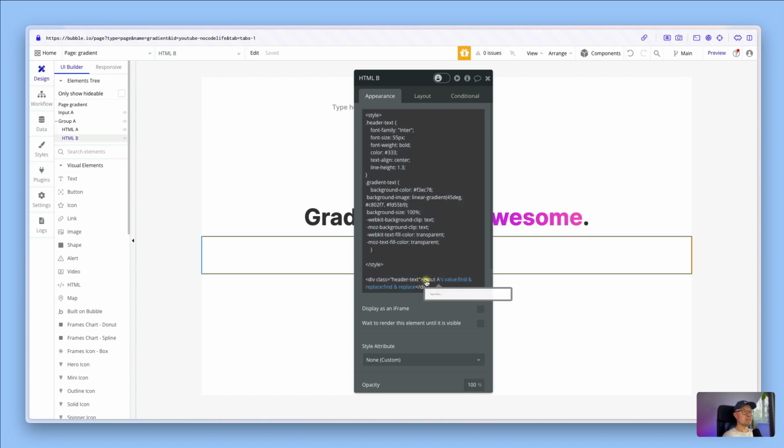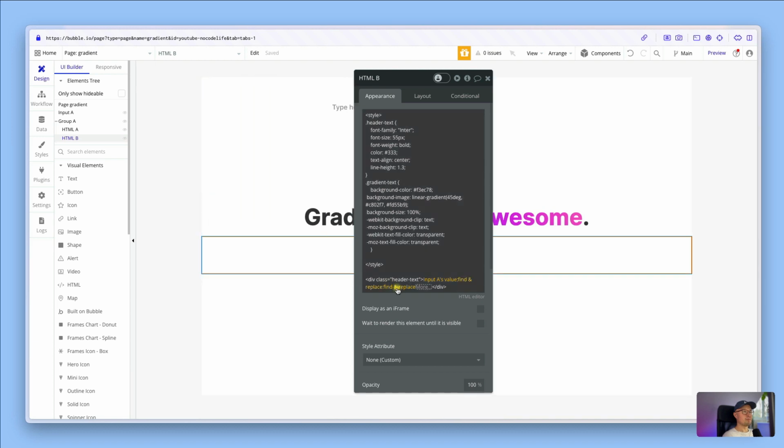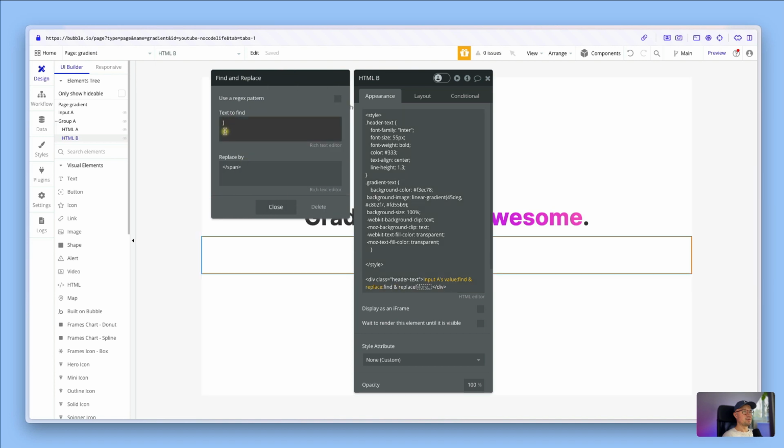So we have it referencing input A's value, and then we have two find and replace operators. So the first find and replace looks for an opening square bracket, and it replaces it with the HTML that we had in our earlier example. So it's span class equals gradient text, all surrounded by these pointy brackets. And then the second find and replace looks for the closing square bracket, and replaces it with the closing span